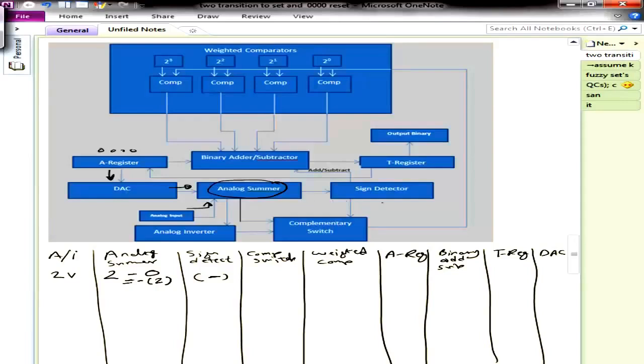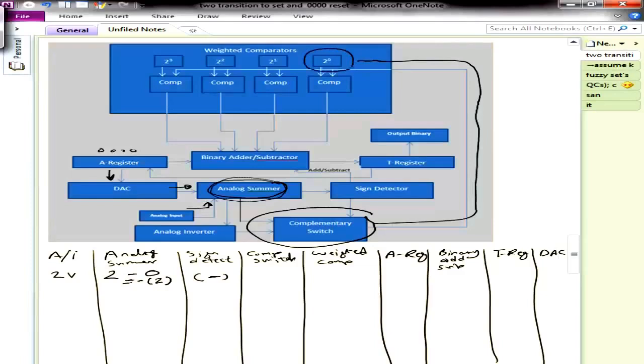So it invokes the complementary switch to take the inversion of the output of the analog summer to return it back to a positive value. This is because the output of the complementary switch feeds the weighted comparator, and